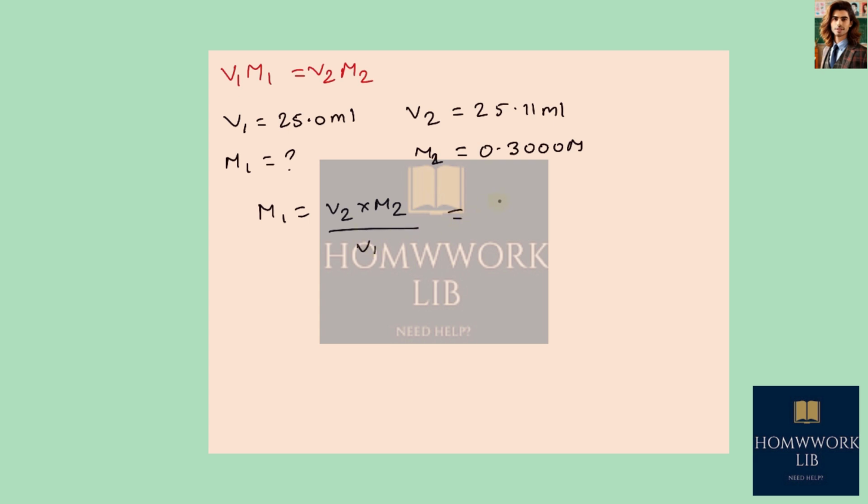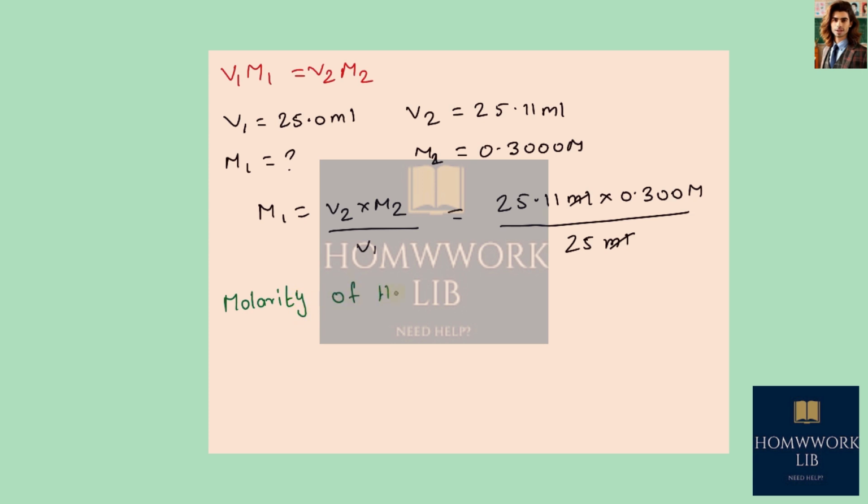which would be equal to 25.11 ml into 0.300 M, this divided by 25 ml, and on calculating this we would get the molarity of HCl to be equal to 0.30132,